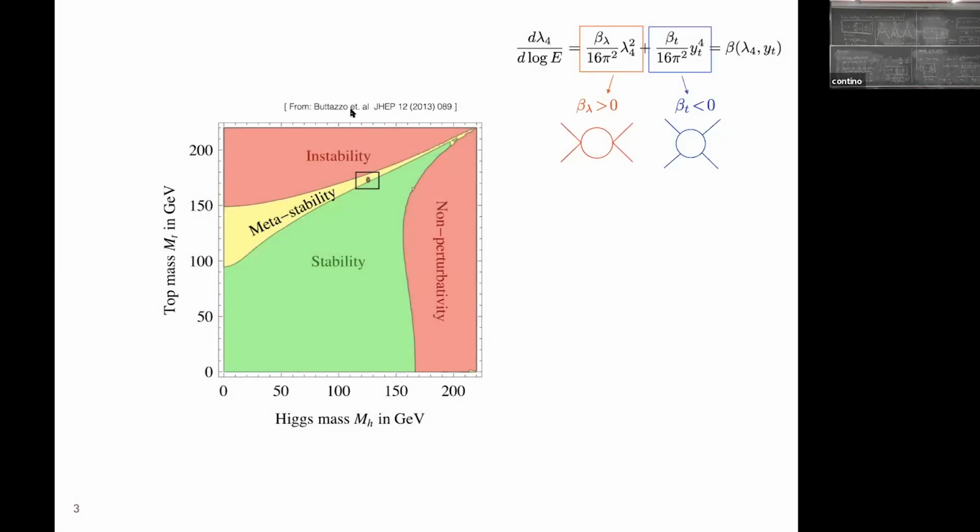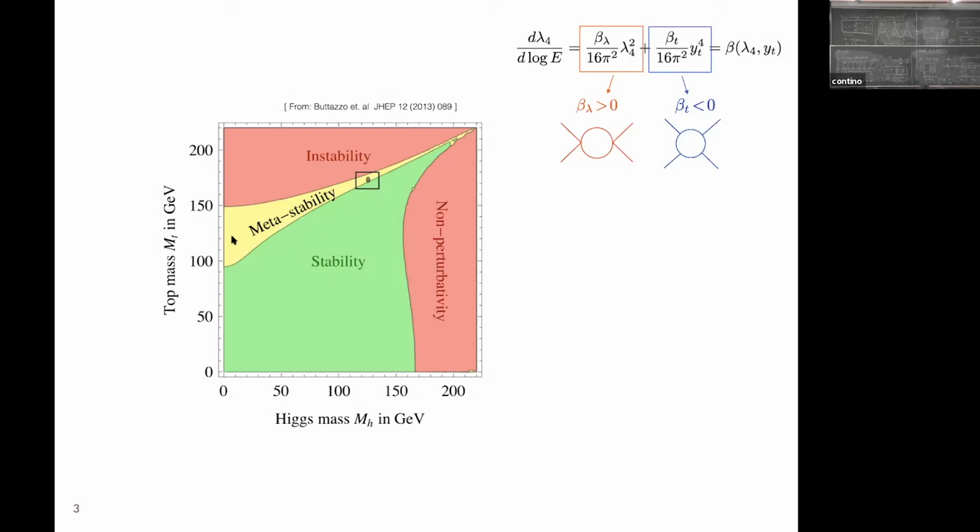Okay, so this plot is taken from this paper here. And you see that as a function of the mass of the top and the mass of the Higgs, there are these three regions. The red one is one in which our vacuum is unstable, okay? And it decays faster than the lifetime of the universe. Green instead is a phase in which there is absolute stability, and the yellow one is a region in which